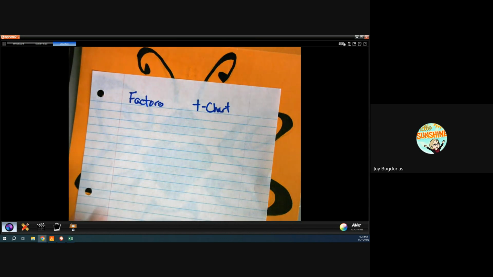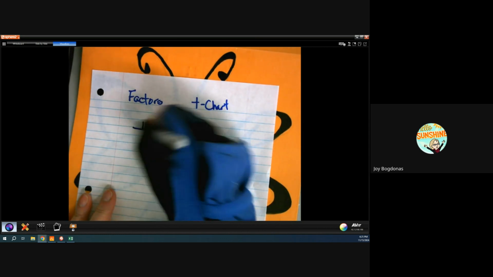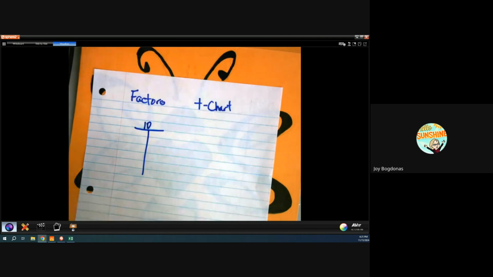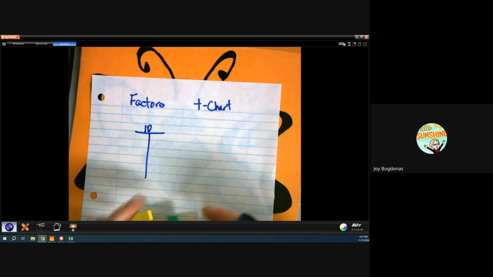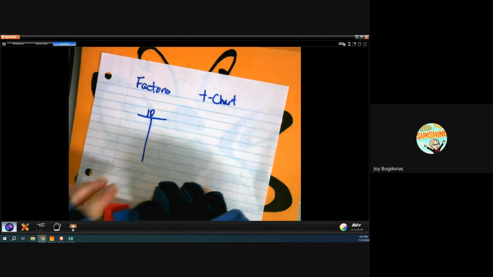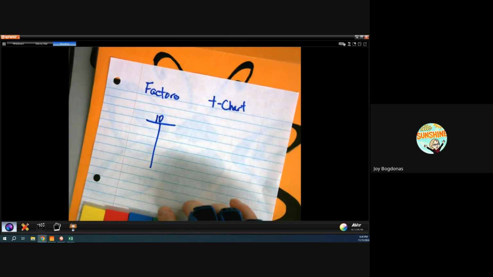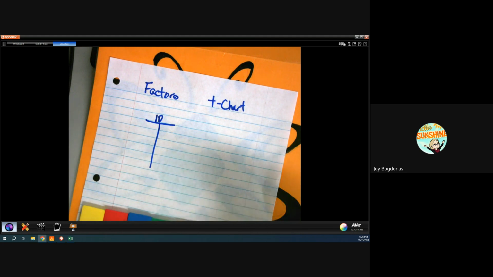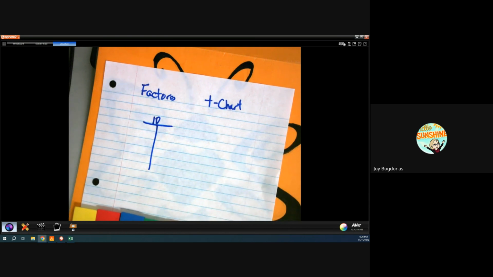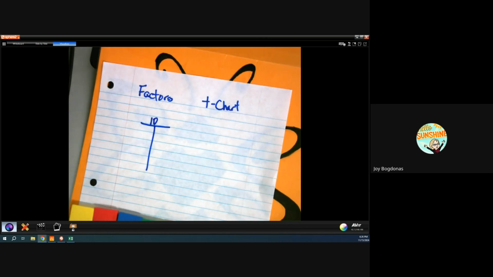All right, so let me start with a very simple and easy thing. 10 is my number that I'm going to factor. All you need from your house is something that's the same size. We have been using these little squares, but anything that is the same size. So you could do Legos, but don't have like a 2 Lego point with a 6. It needs to be the same size. So whatever you use, you could do M&Ms, you could do Cheerios, you could do pennies, whatever you got that's